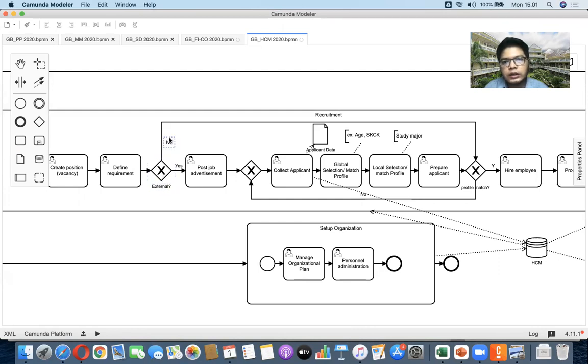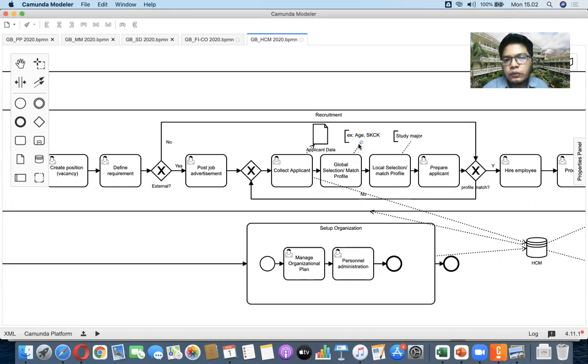If it's not external, then it goes directly to the profile match, just check from the data that is present and then hire the employee. If it is from external, then we need to post a job advertisement, okay? And then we collect applicants, then global selection match profile, and then local selection.